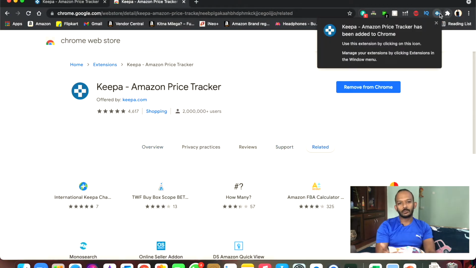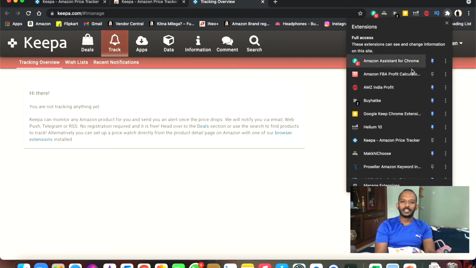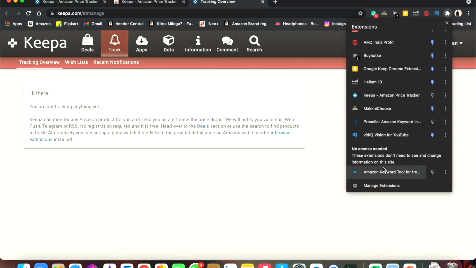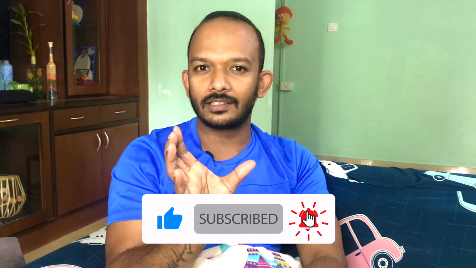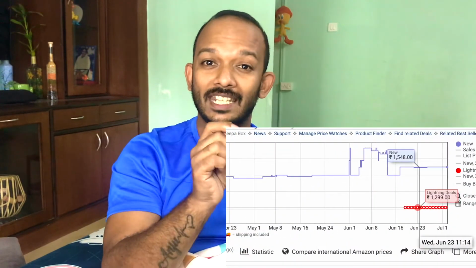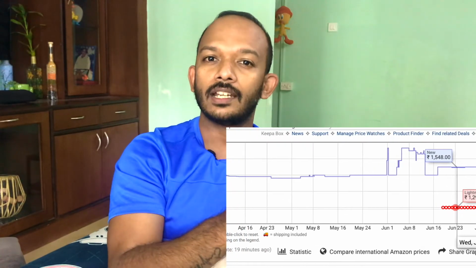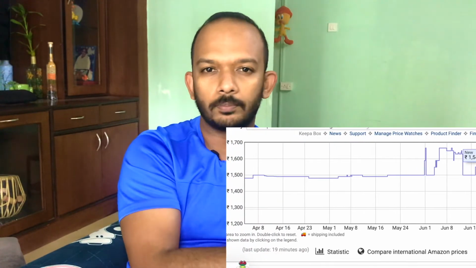Next time when you open any product on Amazon, you can find the Keepa section opening below the product page, and it will show a graph like this. This graph will show you the selling prices of that particular product for the last 30 days or 60 days, whichever you choose. So this will give you an idea whether the current price is a good one or not. It will also show you whether there was any lightning deal or DOTD running during last week or the weeks before that.